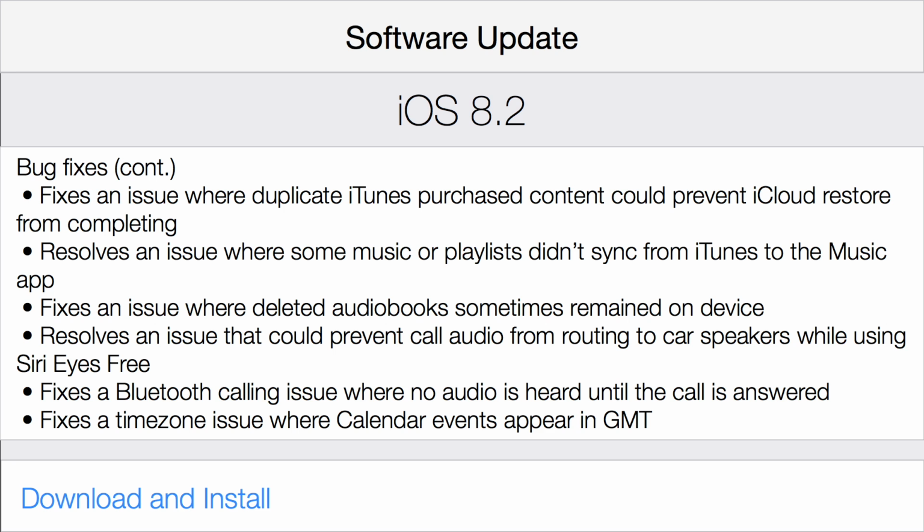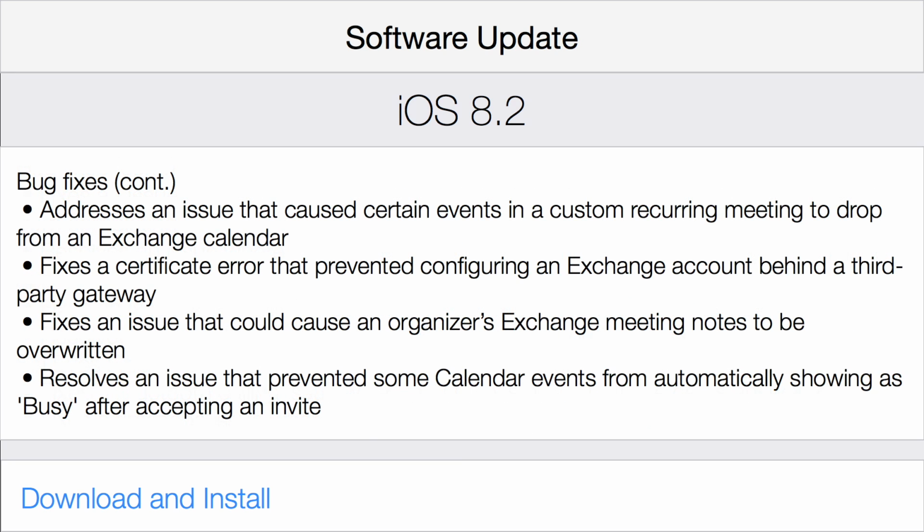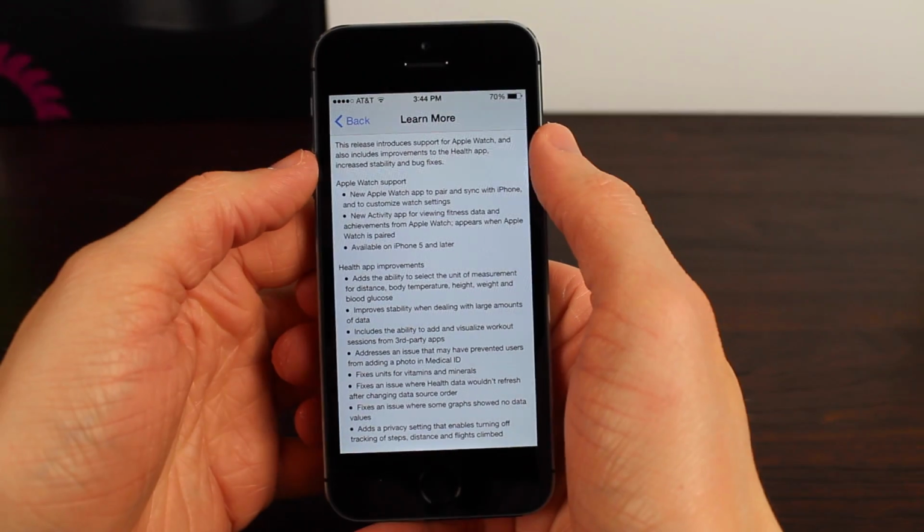fixes a time zone issue where calendar events appear in GMT, addresses an issue that caused certain events in a custom recurring meeting to drop from an Exchange calendar, fixes a certificate error that prevented configuring an Exchange account behind a third-party gateway, fixes an issue that could cause an organizer's Exchange meeting notes to be overwritten, and finally, iOS 8.2 resolves an issue that prevented some calendar events from automatically showing as busy after accepting an invite. As you guys just heard me read off, those are all the changes and performance improvements